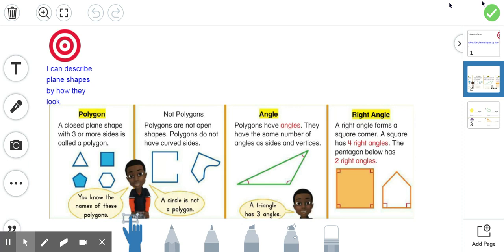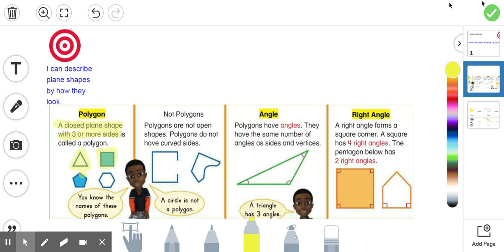Now we talked a little bit about this on Monday, but a polygon is a closed plane shape with 3 or more sides. Now this triangle has 3 sides, therefore it is a polygon. This square has more than 3 sides, it has 4 sides, so it's a polygon. Our pentagon has 5 sides, which is more than 3, so it is a polygon. And last but not least, our hexagon, that has 6 sides, which is more than 3 sides, and therefore it